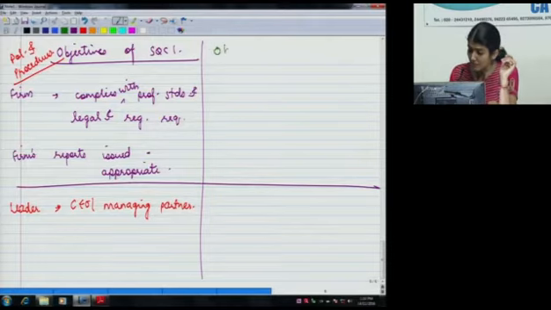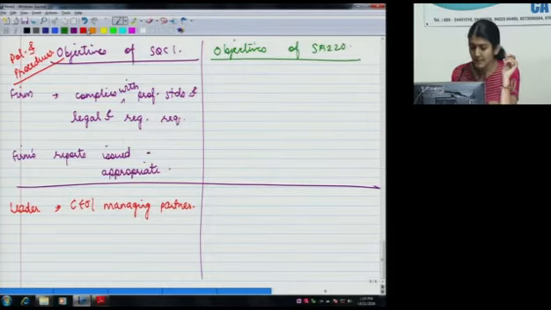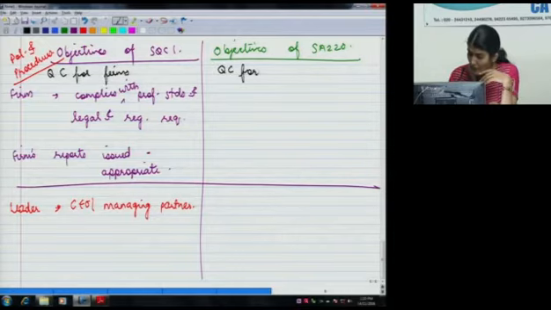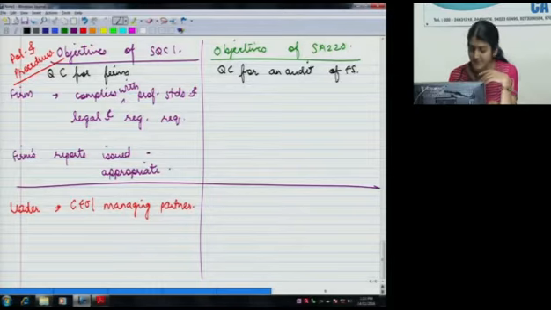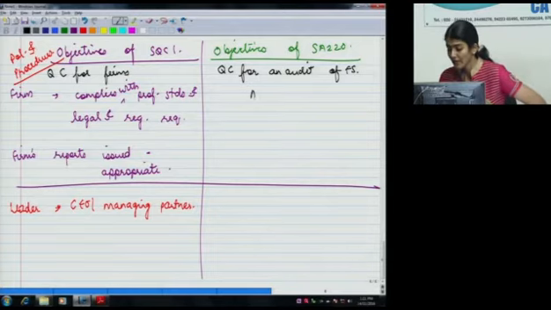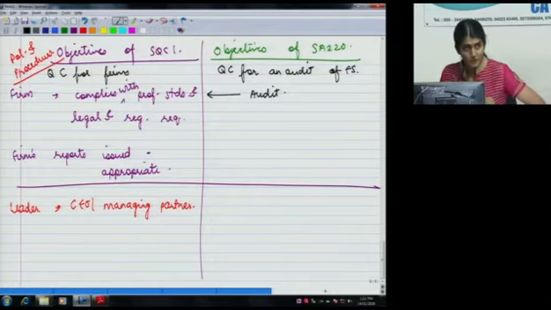Right, now come to the objectives of SA220. What is the title of SQC1? Quality Control for Firms. What is the title of SA220? Quality Control for an Audit of Financial Statements. And what are the two objectives of SA220? That the audit complies with the professional standards and the legal and regulatory requirements, and the